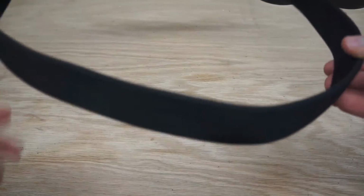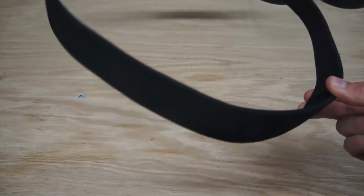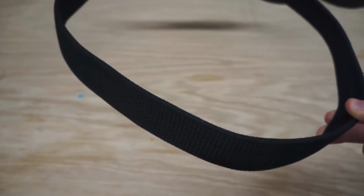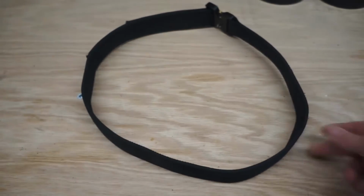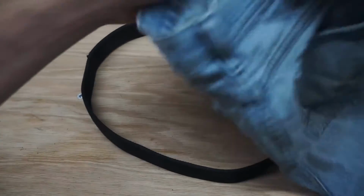And by the same logic, you should be able to pick up a belt when it's buckled in a loop like this, and it shouldn't fall over. It shouldn't flop around. And that's going to be a great thing to look for. But not only that, one of the biggest things I like to do, and this is only going to apply once I already own the belt,